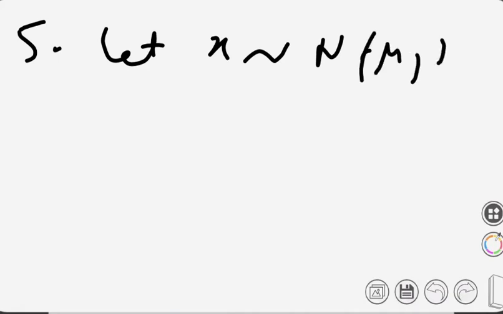Number 5 now. In a normal distribution, 31% of the items are under 45 and 8% are over 64. So how can I write this mathematically? Let X follow a normal distribution with mean mu and standard deviation sigma. Please write whatever I am saying. X follows normal distribution with mean mu